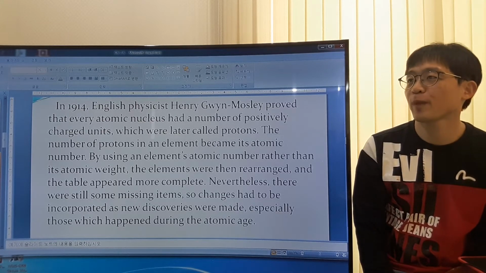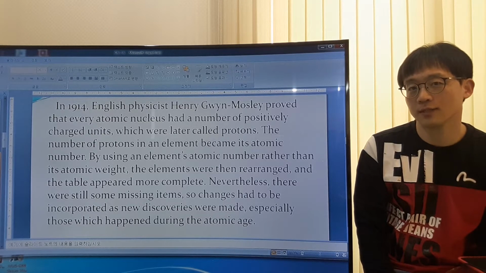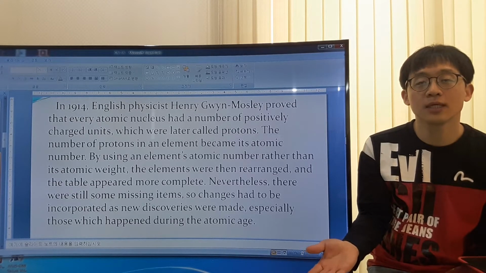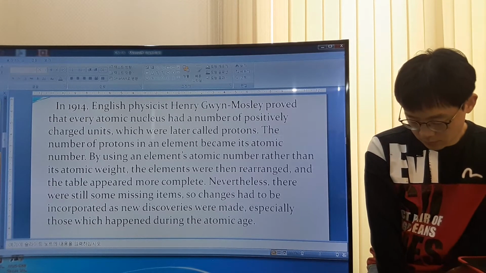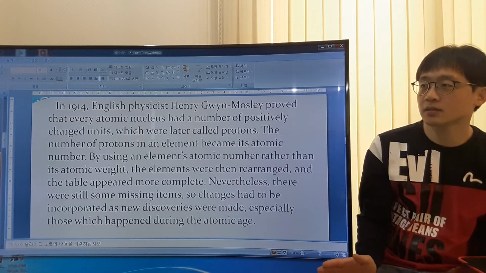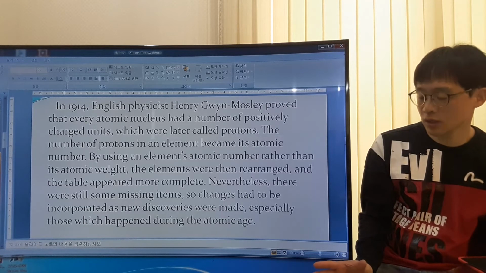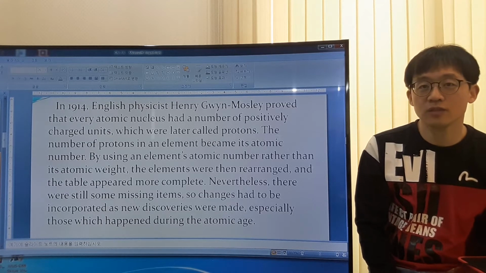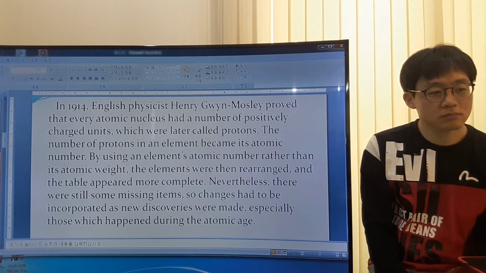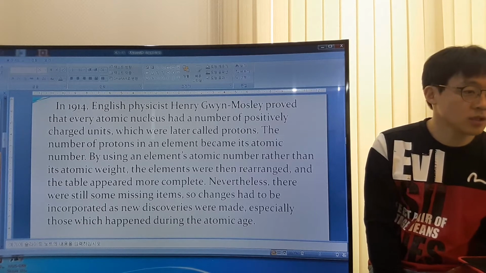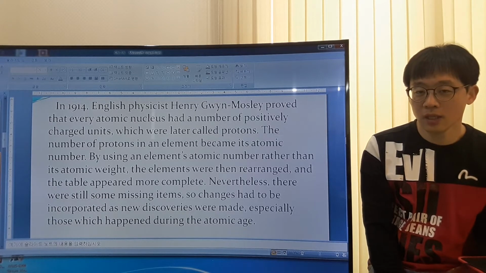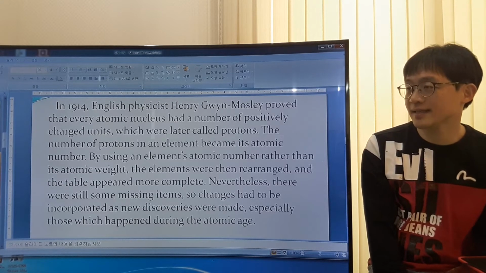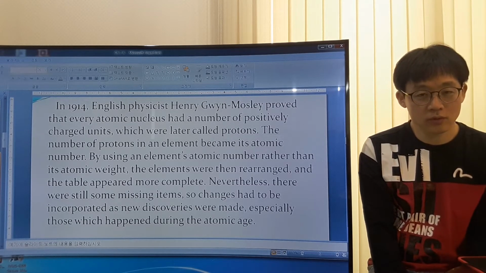Atomic age is the historic period of now, starting from the use of atomic bombs. It has the meaning of the balance made by the countries which have hydrogen bombs, or using nuclear energy for the source of energy. Do you understand? So atomic age is basically the period which starts from the use of the atomic bomb, which was at the end of World War II